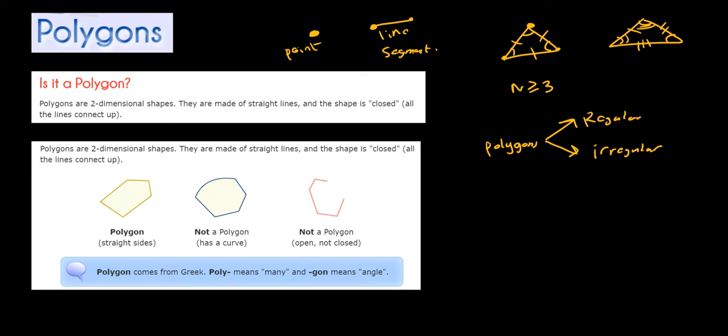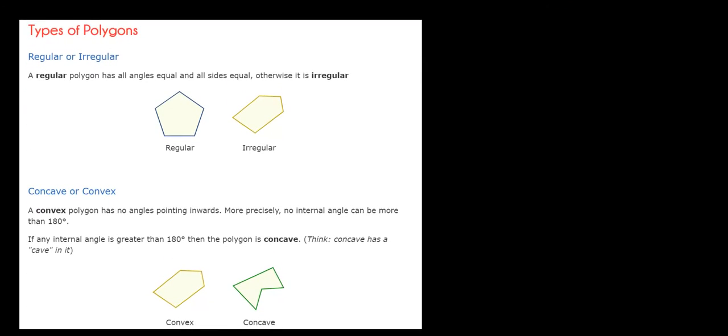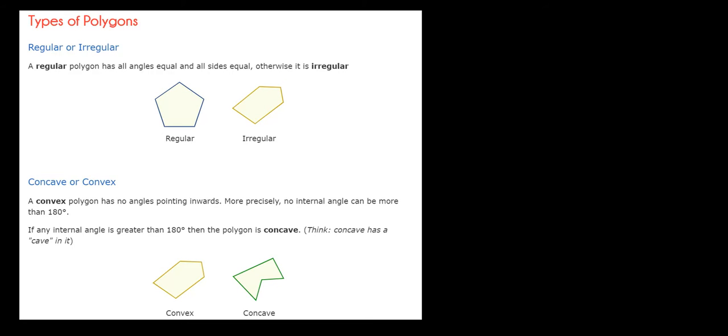Polygon comes from the Greek language. Poly means many, and gon means angle. Okay, so let's move on. For the types of polygons, like triangles, isosceles, scalene, and equilateral, we can define the types of polygons that we have. We've already done irregular and regular,